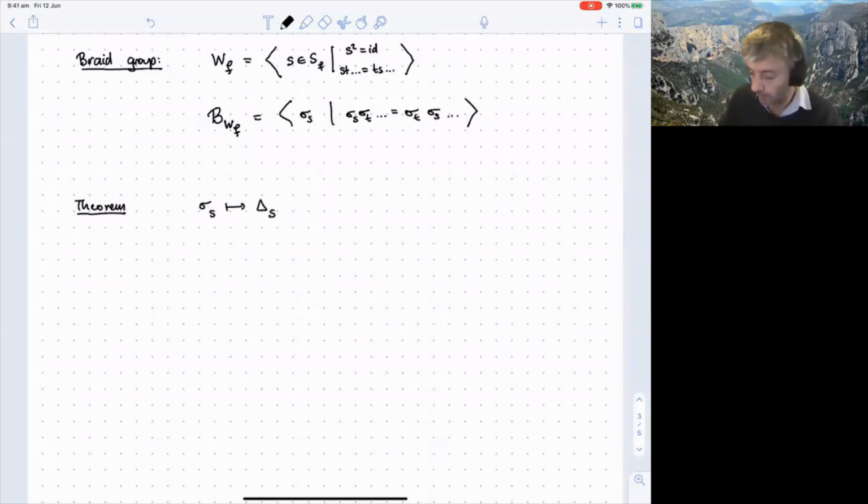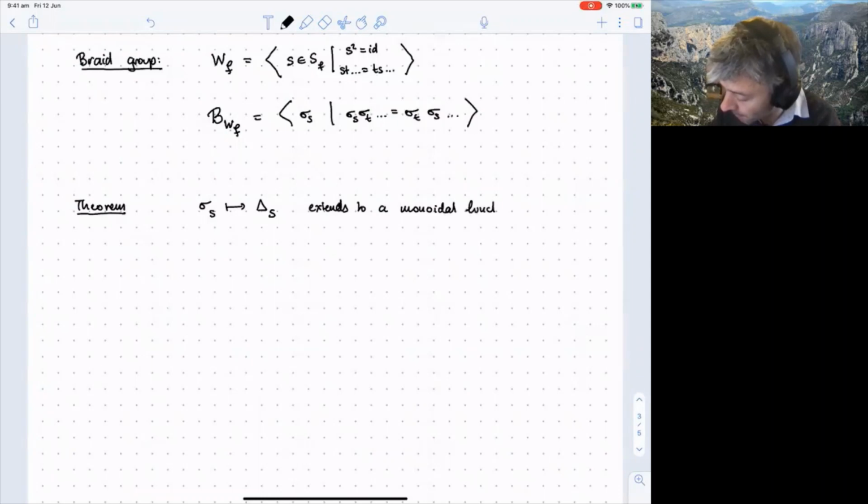So this map that sends a simple reflection s to delta of s extends to a monoidal functor